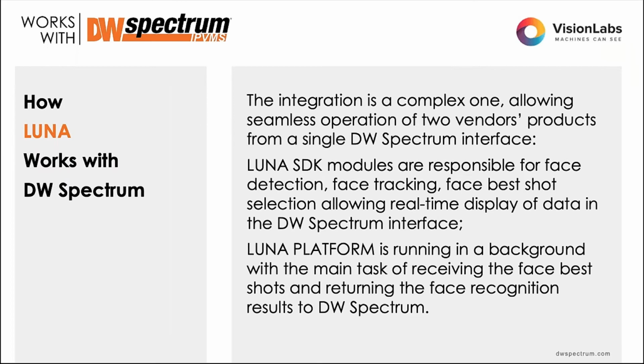So the integration here is pretty complex and the architecture is really solid, especially compared to every other facial recognition company out there that works with DW Spectrum. I'm sure the architecture is not that exciting in terms of the end user, but for systems integrators that is very important because it makes it a lot easier to use if there's not a lot of clunky malarkey going on. So essentially, the DW Spectrum has incorporated several Luna SDK modules that are responsible for face detection, tracking,